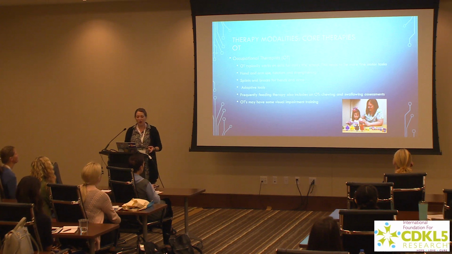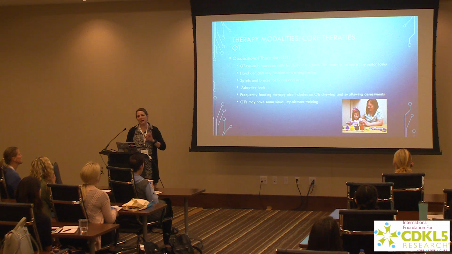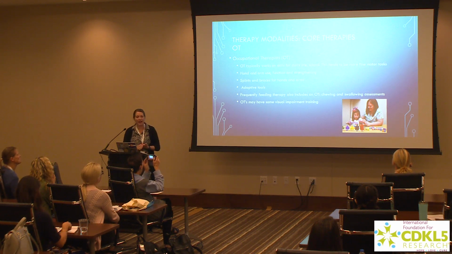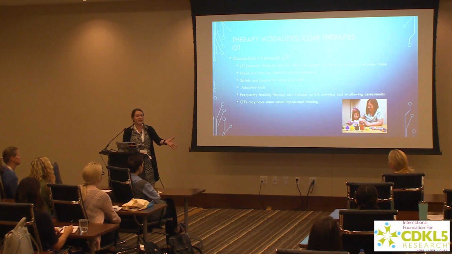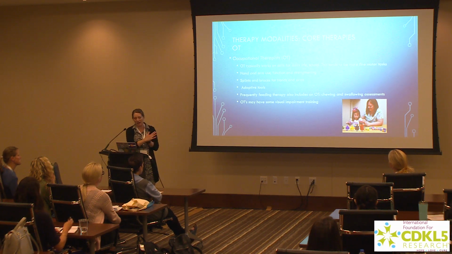Occupational therapy works on skills for daily life, school, and tend to be fine motor tasks, but not always. They also can work on hand and arm use, function, strengthening, splints, and bracing. Should you be developing some contractures in the hands, they can customize splints for that. They also work with your child on adaptive tools. Some environmental access also can be